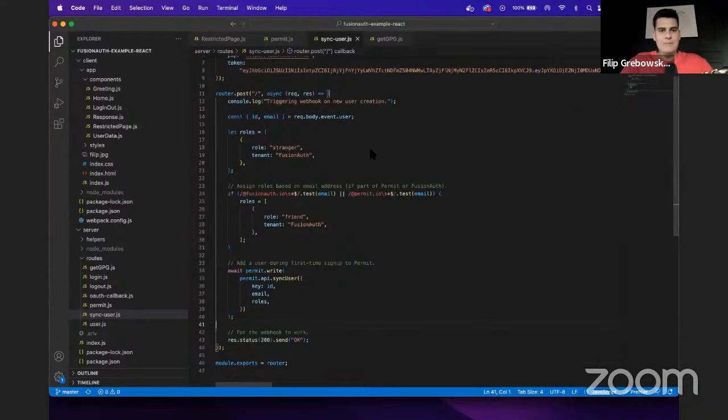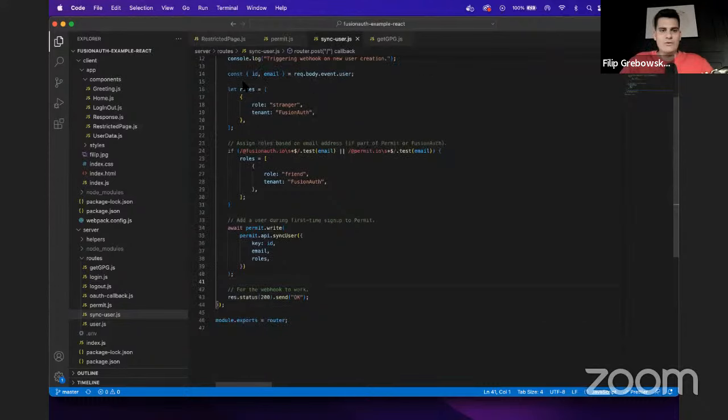Within this webhook event, what we see here is that we are creating a basic role for a user, which is a stranger. And then we have a check saying that if we are part of FusionAuth, in that instance, we get applied a friend role.